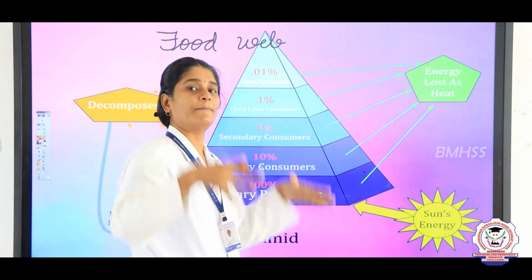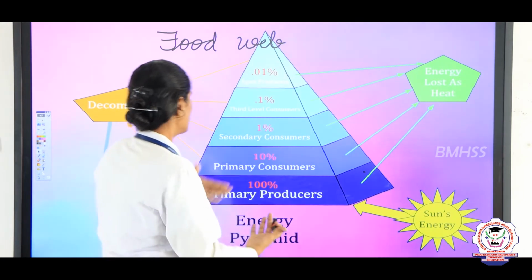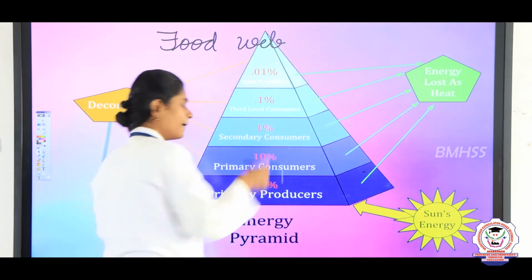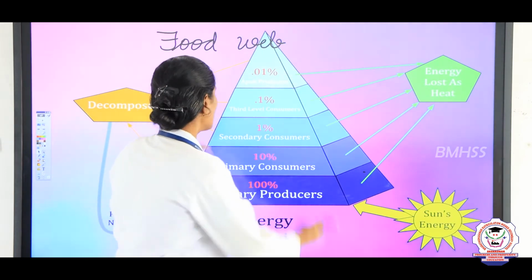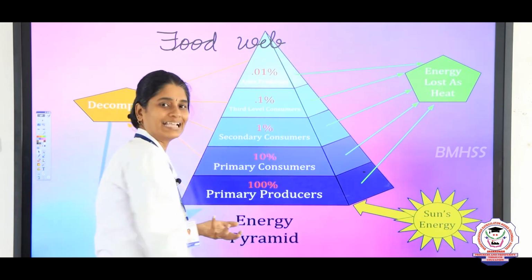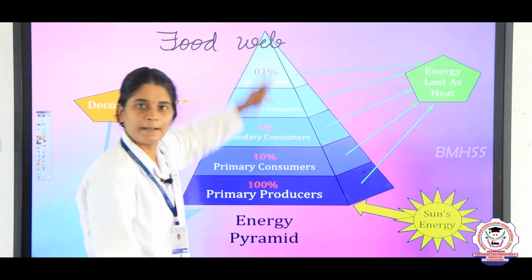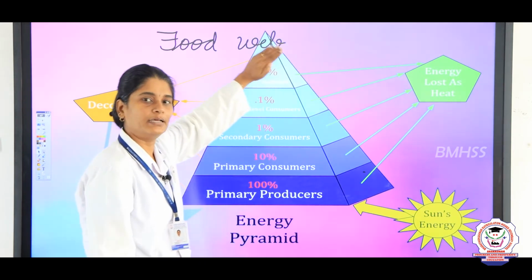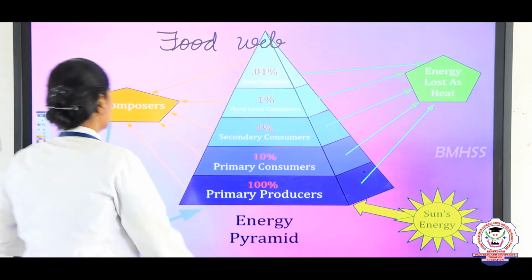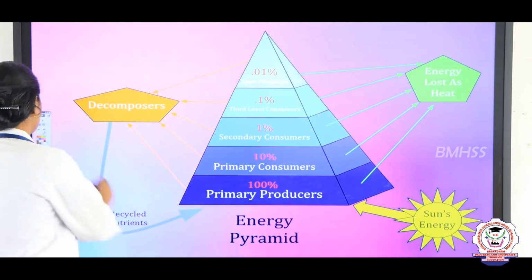In the same way, the plants are eaten by the primary consumers, so the energy flows to the primary consumer. Again, from the primary consumer the energy flows to the secondary consumer. In the same way, the energy flows till the apex predator. The apex predator is nothing but the top predator. Okay. Next we are going to see